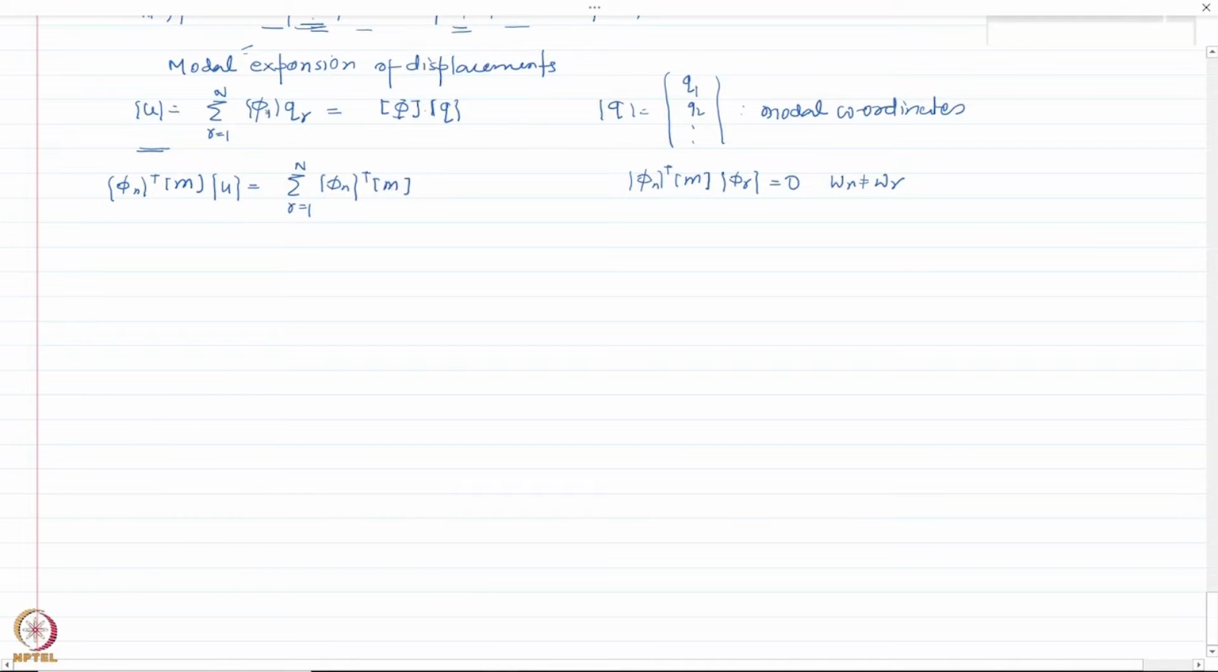Okay, remember this is phi r here, not 1. This is phi r times qr. Now as we know, due to modal orthogonality, when I expand this summation, what will happen? Most of the terms will vanish except when r is equal to n. That is the only term that is going to survive. Knowing that, the expression that I will get is actually